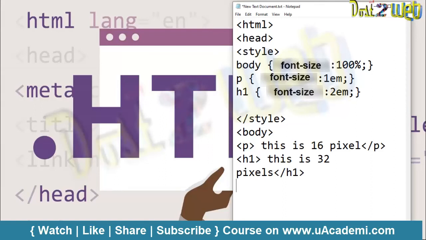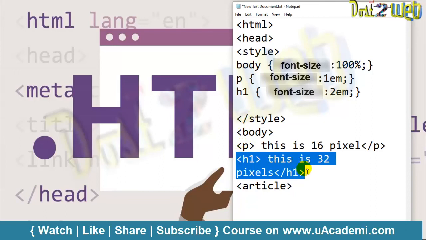Then in the same way you have to use the other element. I'll be using an article. In the article again you will have the h1 tag, the same tags we have used here, p and h1, the same way we are going to use them.